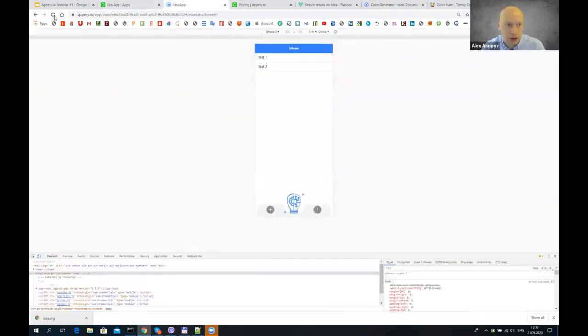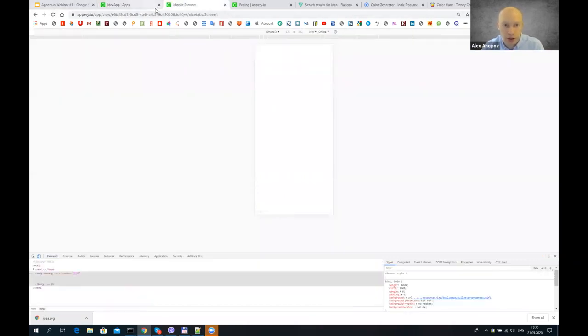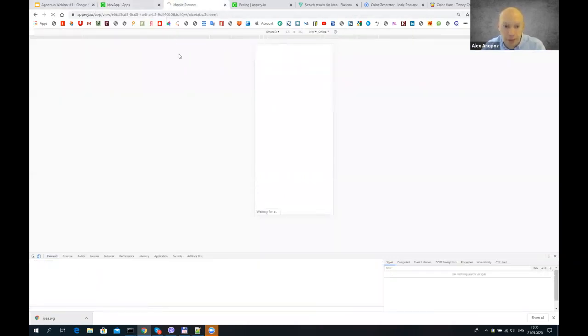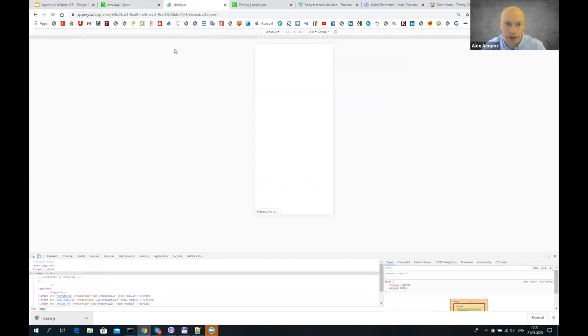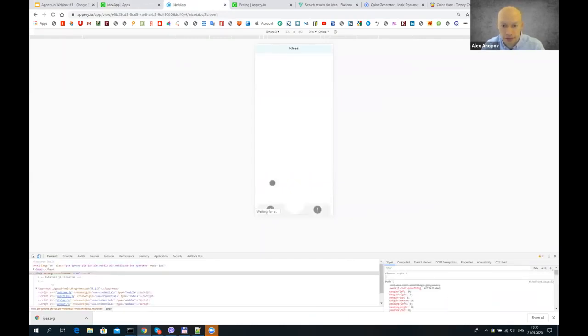So now we can take a look at our application with custom colors. I can't say that it looks better, yeah, but it looks more unique. Okay, when you have a list of items, the second thing we will want to do is add new items into our list. So for that, we will use